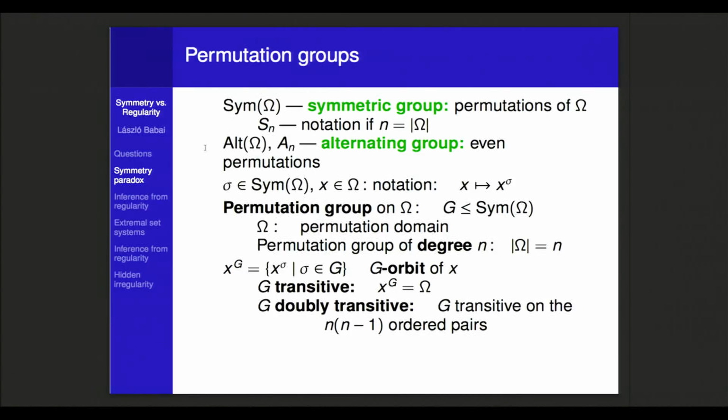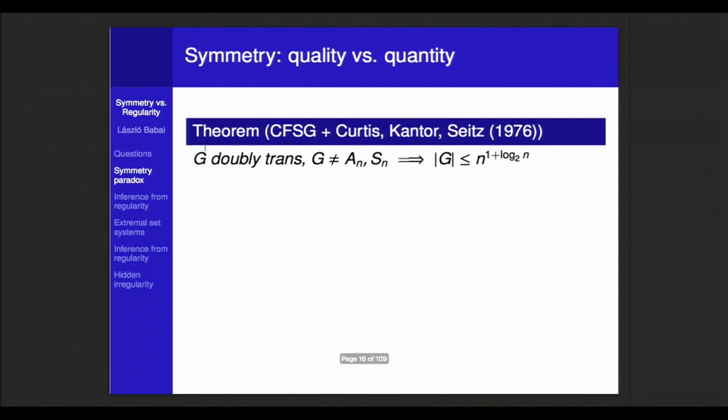And we are looking at all sorts of induced actions. When a symmetric group permutes our permutation domain, it also permutes all sorts of derived structures. One of the most important of those will be the action on unordered t-tuples. But this is ordered pairs. That's double transitivity. Okay, so